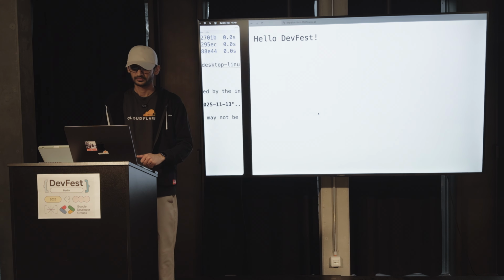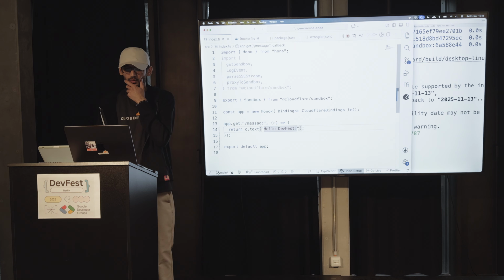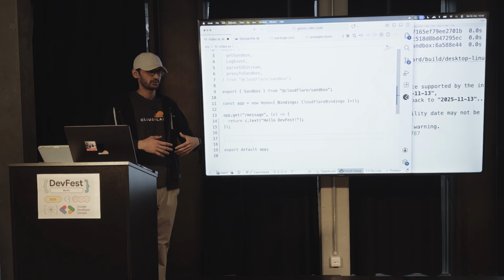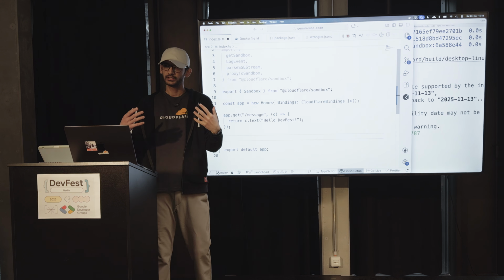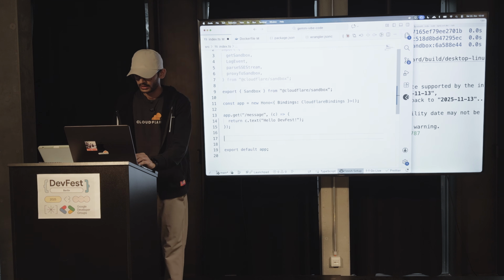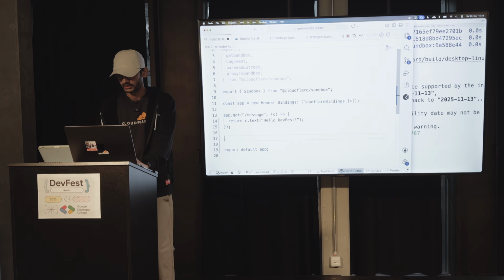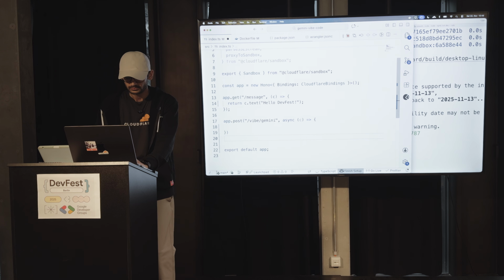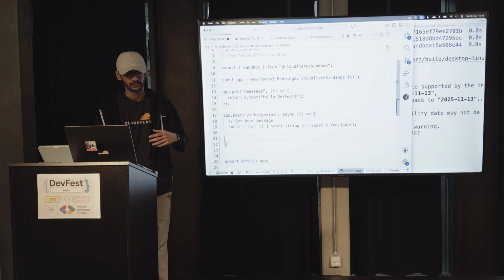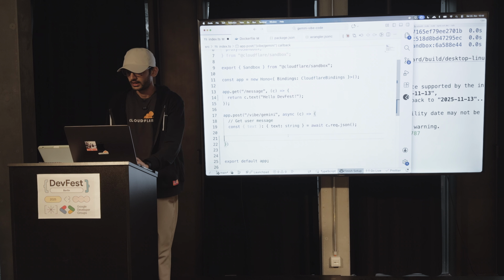All right. So the next thing I want to do is let Gemini run the code in this sandbox and help me answer a few things. So for that, I am first going to create a Gemini endpoint. In that, I am going to get a message from the user. So I'm basically extracting the user's message from the payload.